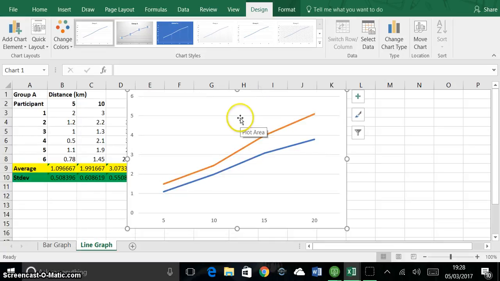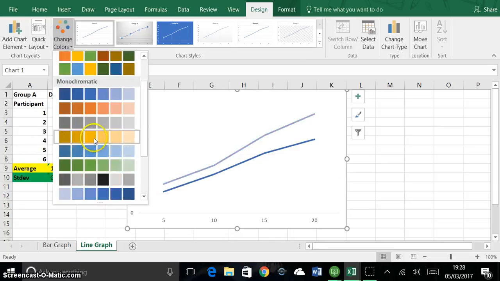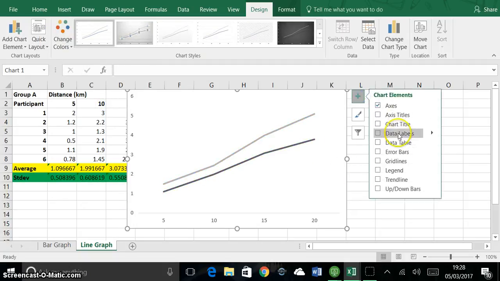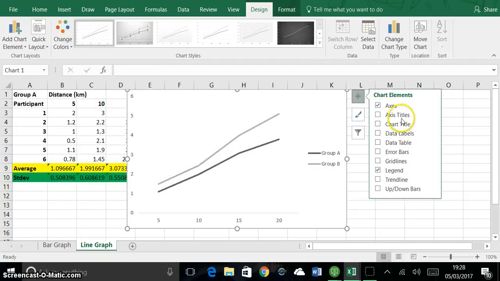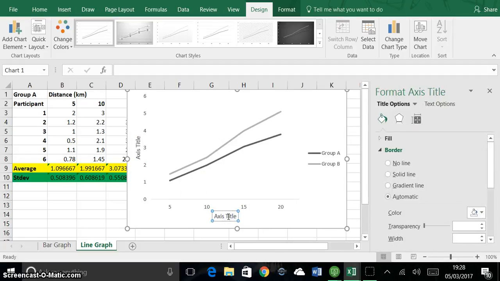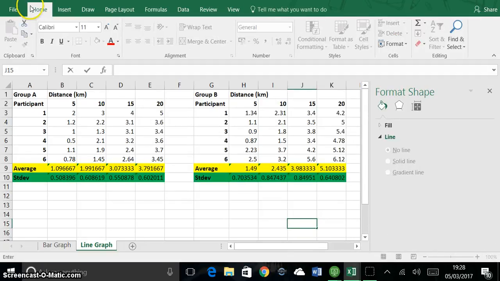Now again, same principles apply. Delete the pesky lines in the background, change the colours to black and grey so that you can print them off. We also want to add in our legends. We want to add axis titles on both this time. On the bottom,